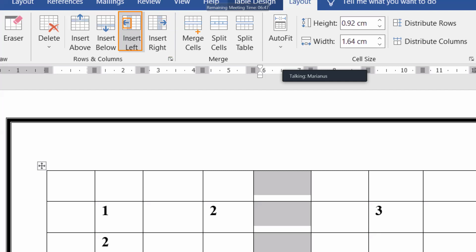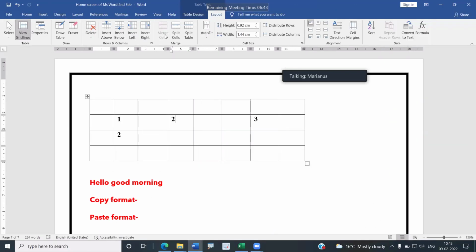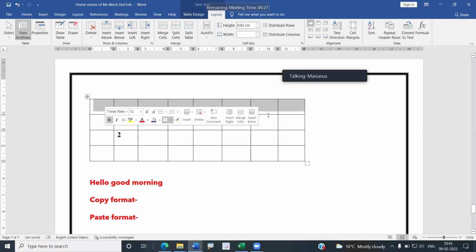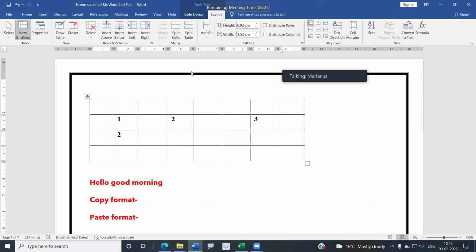The next one we have is merge cells. Merge means to combine 2 or more cells together. It's called merge cells, right? So for example, I want to merge the first row together. See, now the merge cell is not active. So I want to merge this. We click this merge cell. As you can see here, it is empty now. So I want to give a name for this. You can give a name. Alright? Understood?